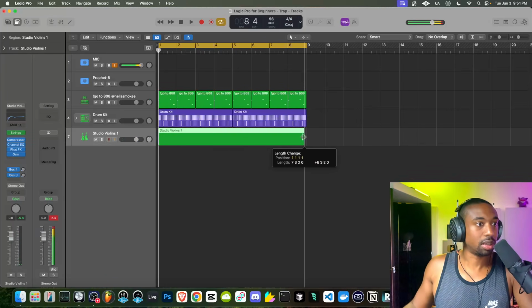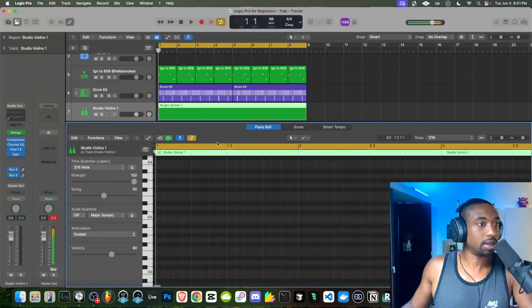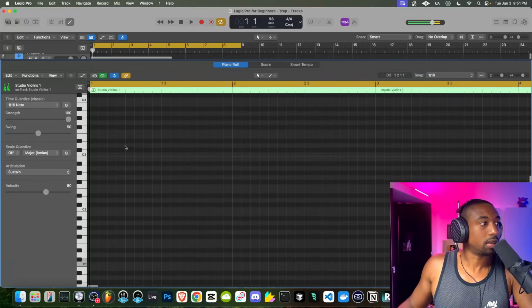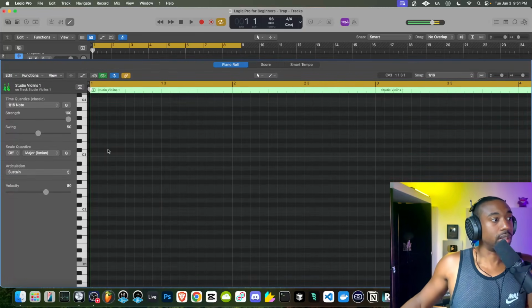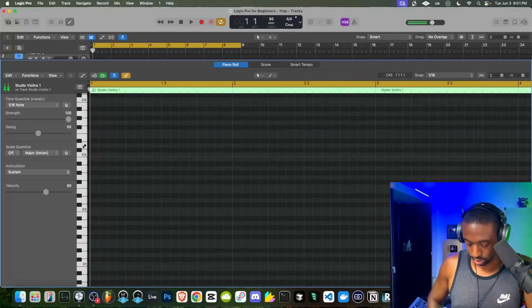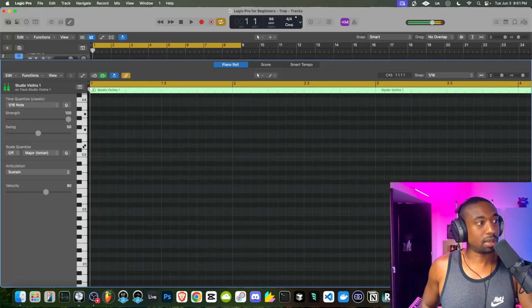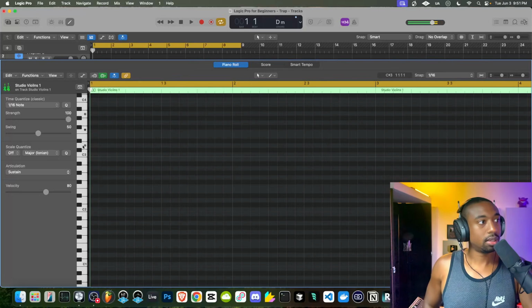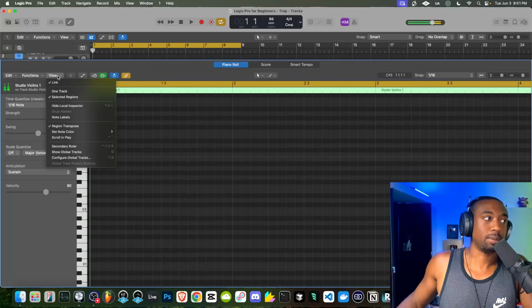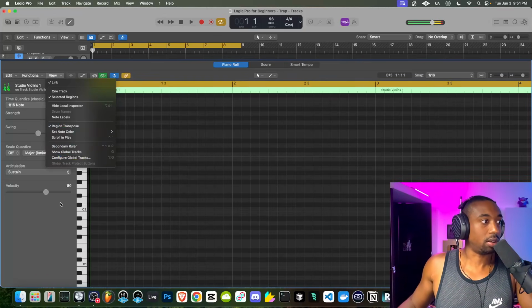Now, if I just left click, make this longer, we could double click in here, turn off the inspector here. So let's draw it in. I guess we could draw it in. I'd try to stay away from drawing in stuff in Logic or any DAW at this point. Here are the notes I'm playing. I'm playing D, F, and A. I'm sure there's a way to turn on note labels. Again, I don't know everything about this DAW, y'all. I'm just giving you the sauce that I know.